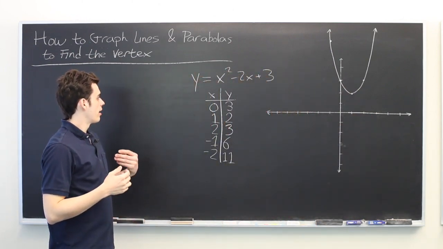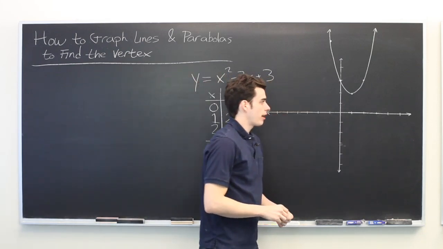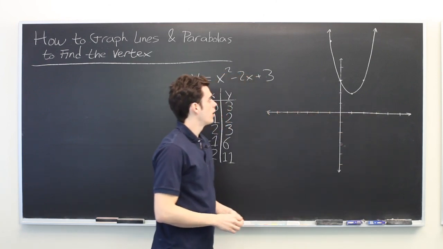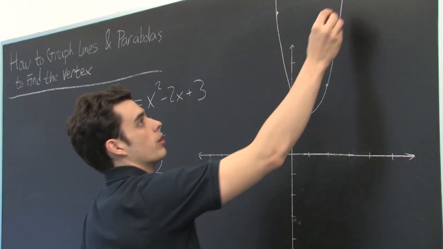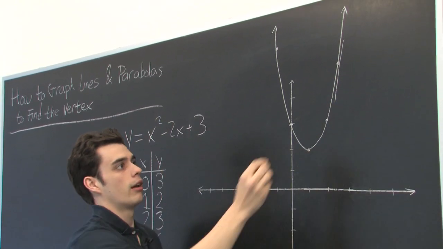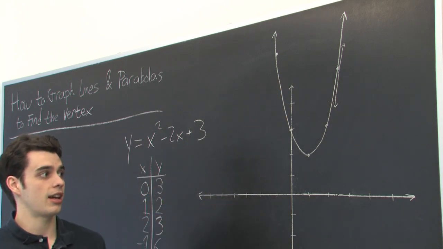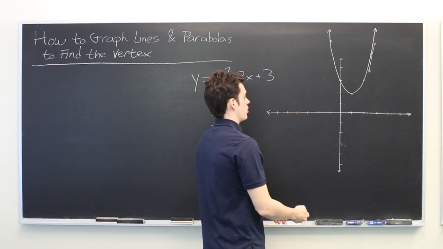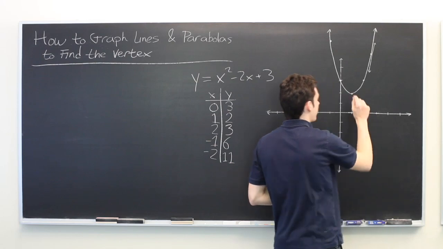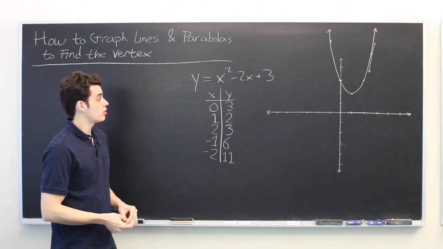So now the question is, how do we find the vertex? Well, the vertex is going to be a point at which the tangent line is parallel to the x-axis. So you might think to yourself, okay, well, we could just start finding tangent lines at some point on the graph and slowly shift around that point until we find one that's parallel to the x-axis. Or you could take a straight edge and put it parallel to the x-axis and move it up until it hits exactly one point on the graph. And I suppose these could work if you had the patience, but there's a much simpler way of finding the